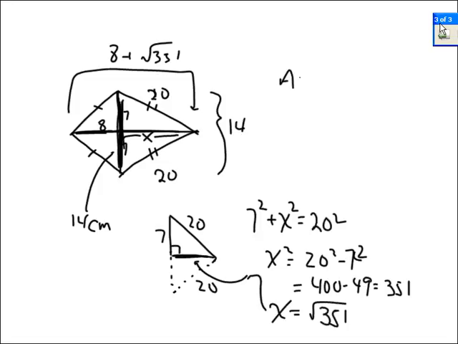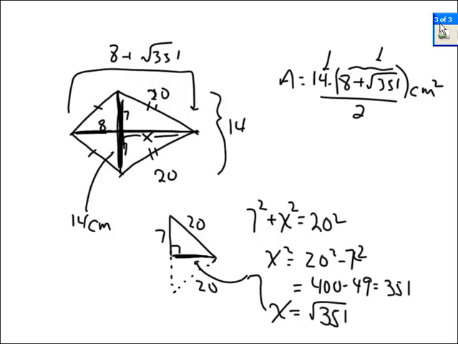So the area is one diagonal times the other diagonal over 2. This is 14 centimeters, and this is 8 plus the square root of 351 centimeters. When you multiply them, you get centimeters squared. And 2 goes into 14 7 times. So it's 7 times 8 plus the square root of 351